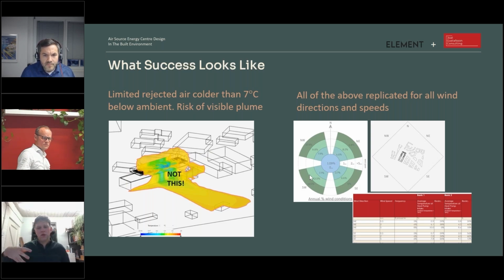And then what we need to do is make sure that all of those above are replicated for all wind conditions and speeds. So we'll go through and complete a set of studies for 4 wind directions and also 3 or 4 different variations of wind speeds. One difficult issue to overcome is when we have a no wind situation, which can happen in the UK. It's one of the situations which we can't always solve, particularly in the built environment. We often find that the no wind conditions are one of the few that we can't always overcome. However, we have also done so in the past. So move on to the next slide, please.